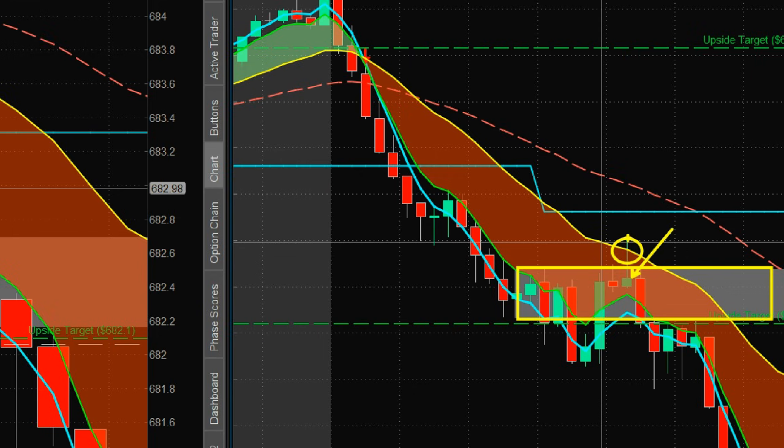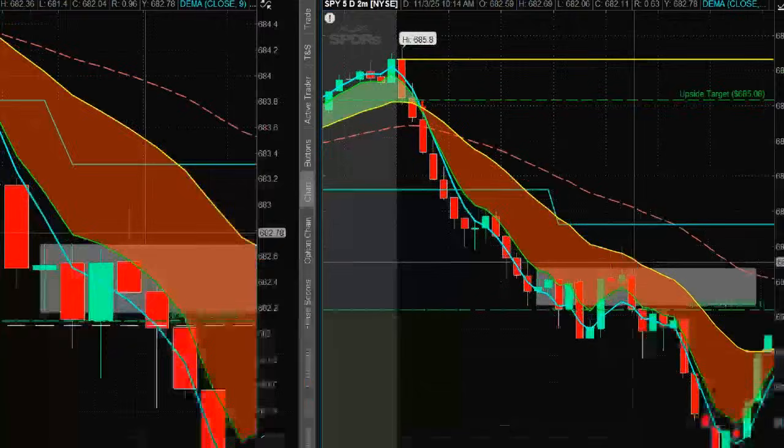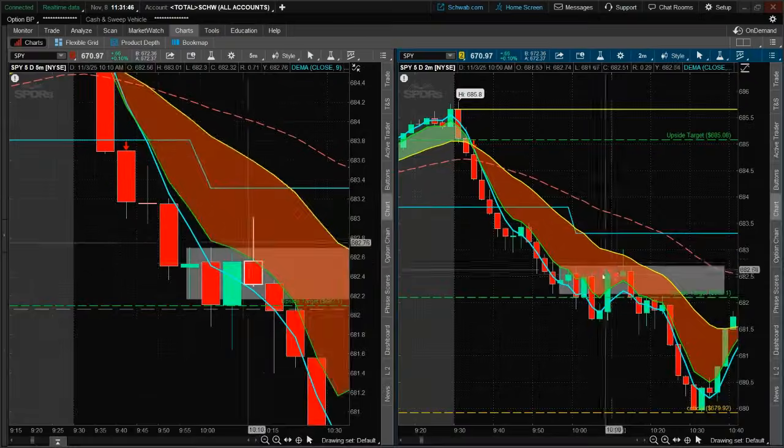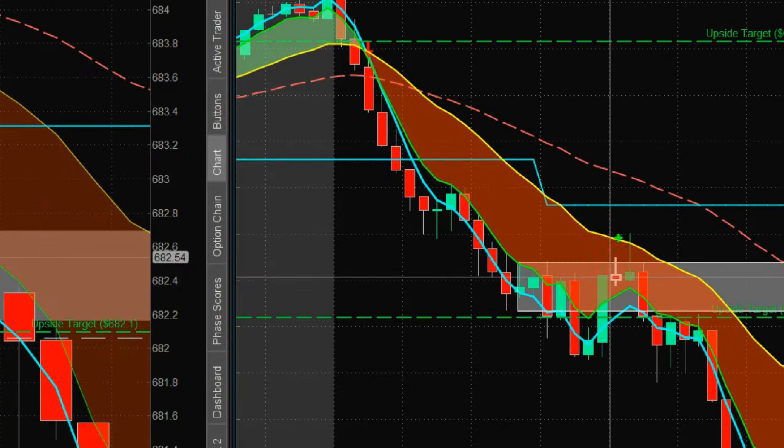Because I know exactly where I'm wrong on this trade. If I enter short right here and I put my stop loss right here, I know if price whips up and does something like this, I'm wrong, so I'm out of the trade. But I know if this holds, it's because sellers are present and they wouldn't allow buyers to close outside that